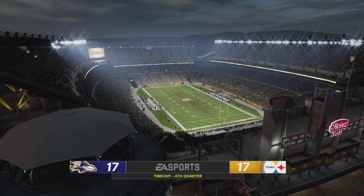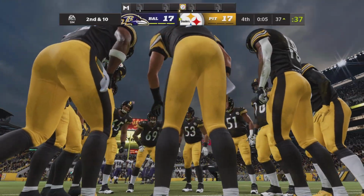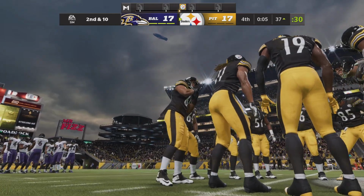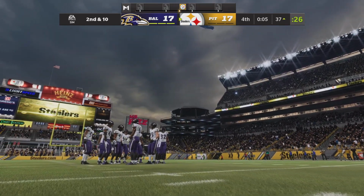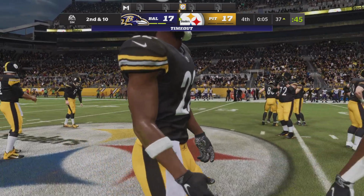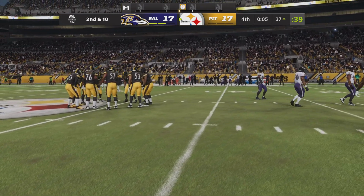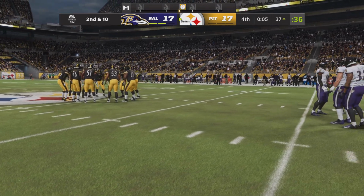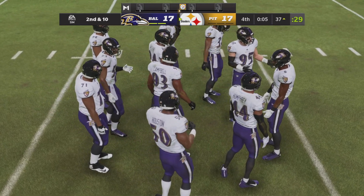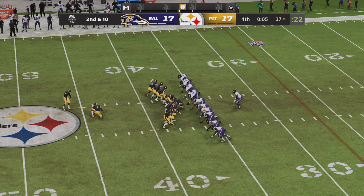It'll be second down. And the clock will now stop as a timeout is called with 5 seconds left. So on now for the field goal try, Chris Boswell. This a long one